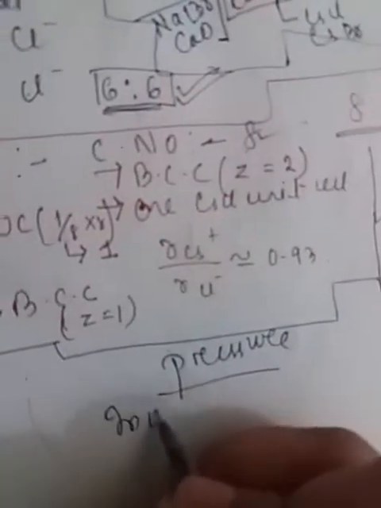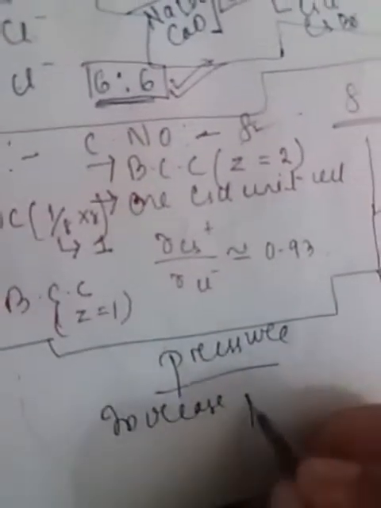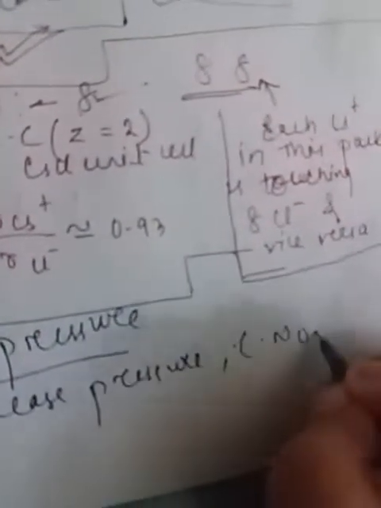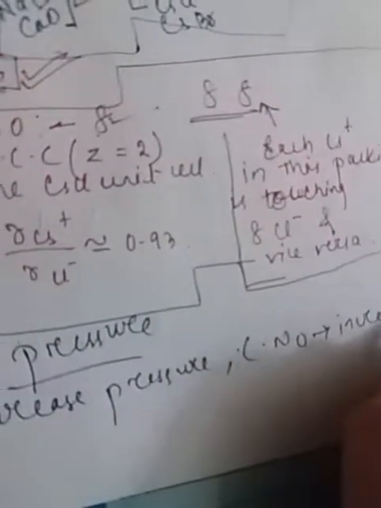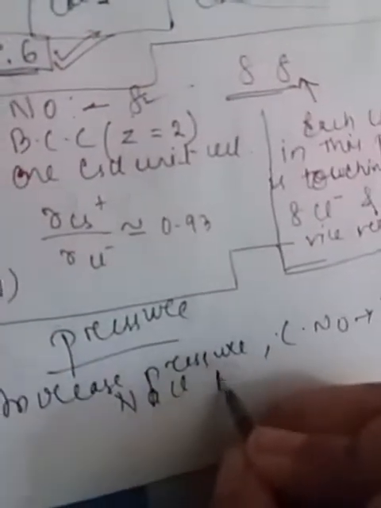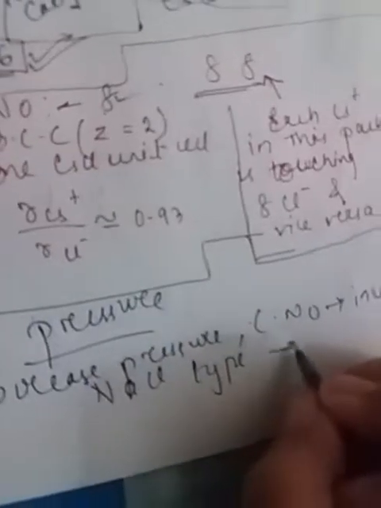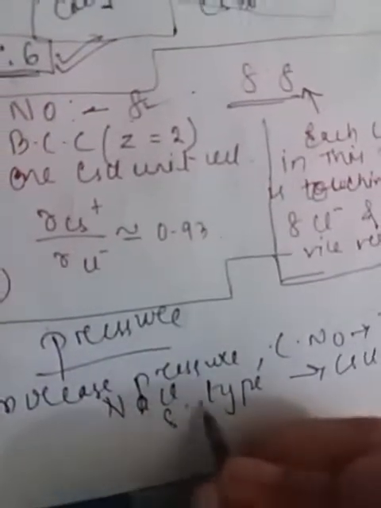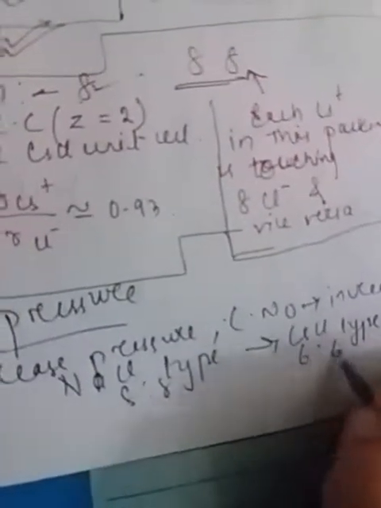When you increase pressure, the coordination number also increases. It means that the NaCl type, with 6:6 coordination numbers,